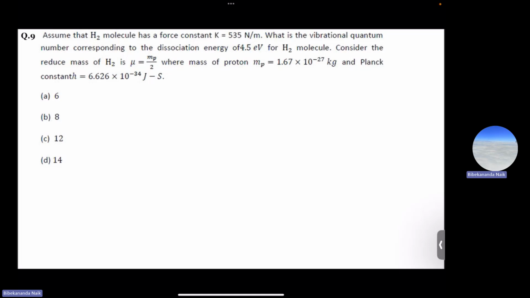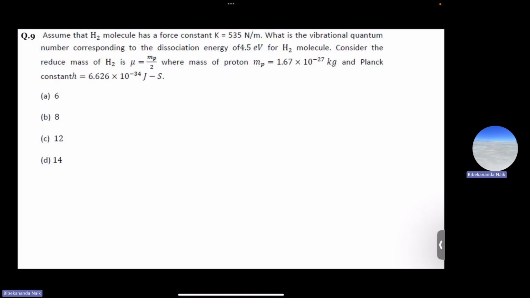Assume that hydrogen molecule has a force constant of K equals 535 Newton per meter. What is the vibrational quantum number corresponding to the dissociation energy of 4.5 electron volt for S2 molecule? Consider the reduced mass of S2 is